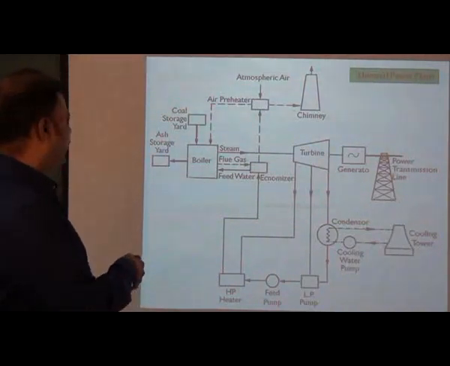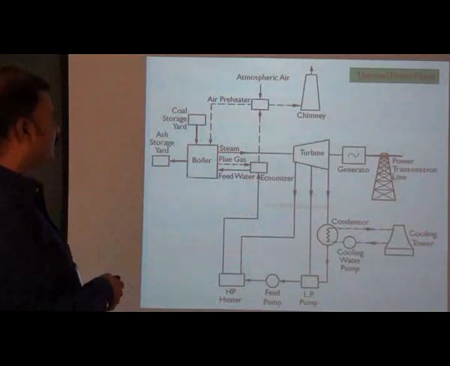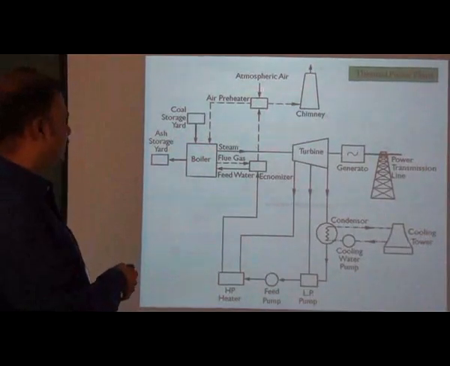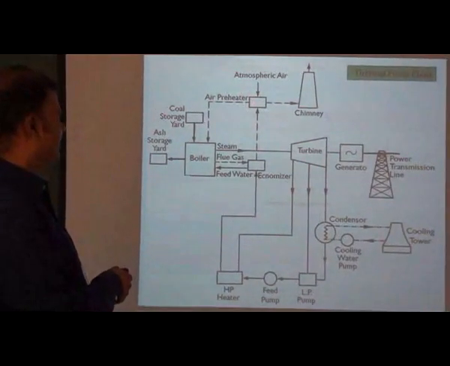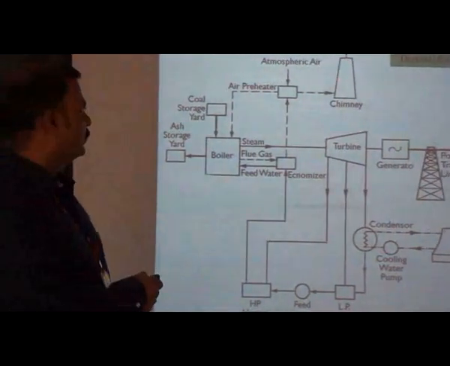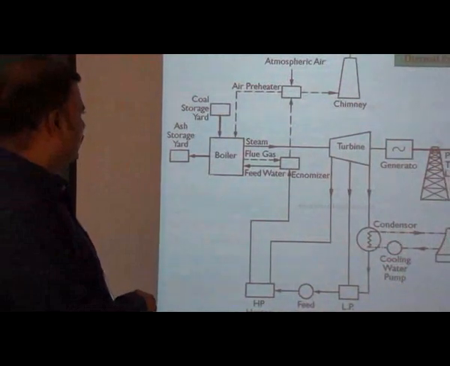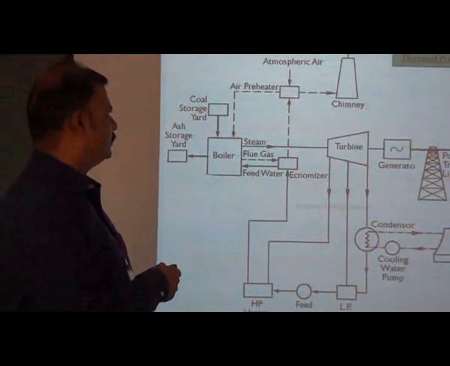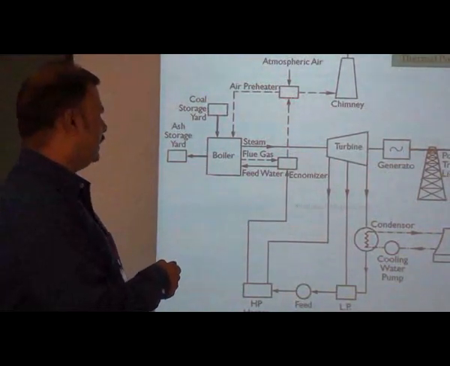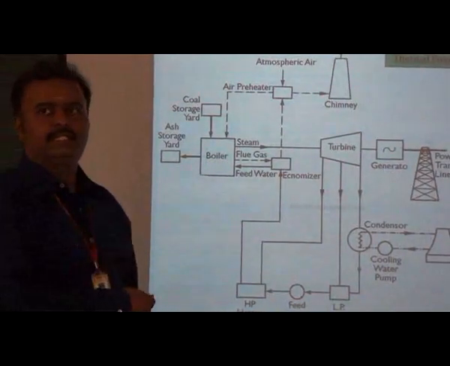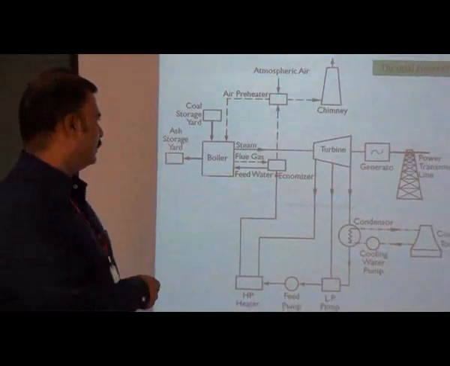So next one is the air and flue gas circuit. For combustion, we must supply the air for the coal burning process. So the atmospheric air is taken and passed through the air preheater. The air preheater is used to improve the efficiency of the plant. Here the exhaust gas coming from the boiler has a huge amount of energy. That energy is utilized for heating the air. The air is preheated in the preheater and then supplied to the combustion. It is used to increase the efficiency of the boiler.